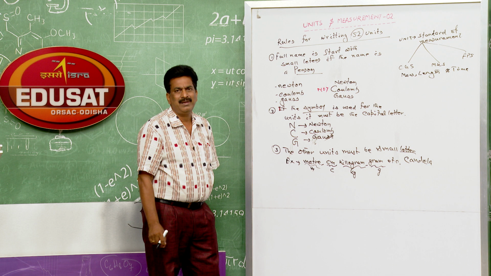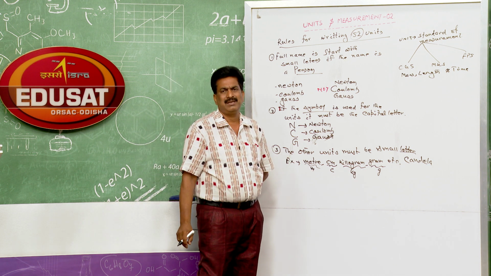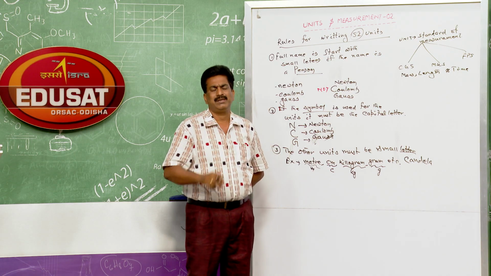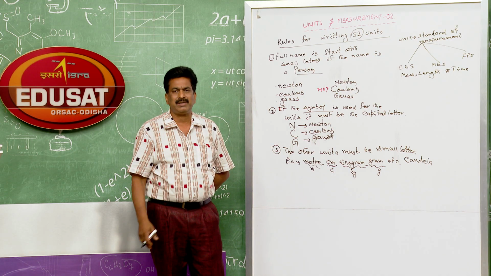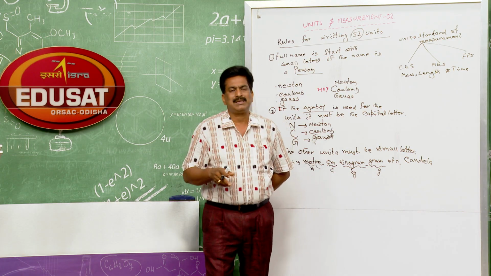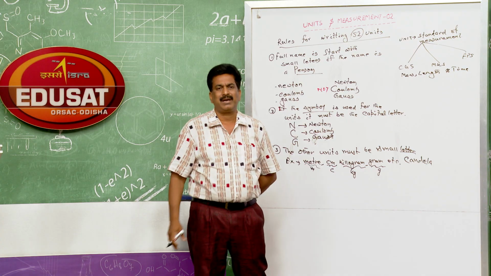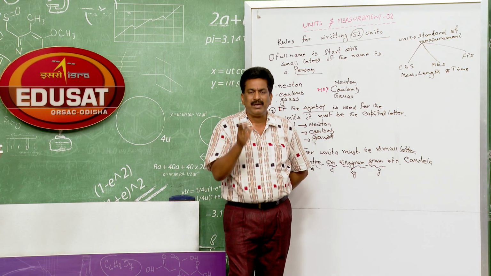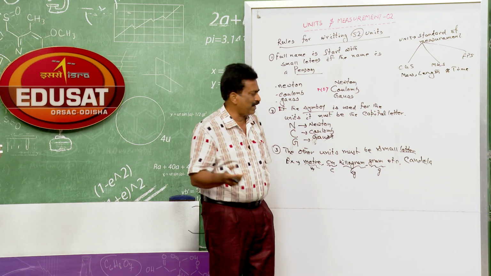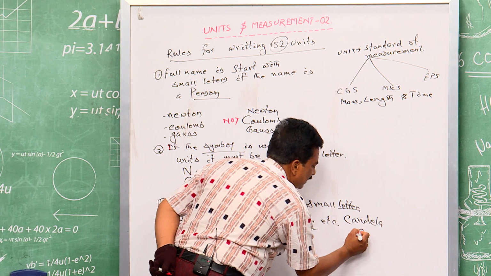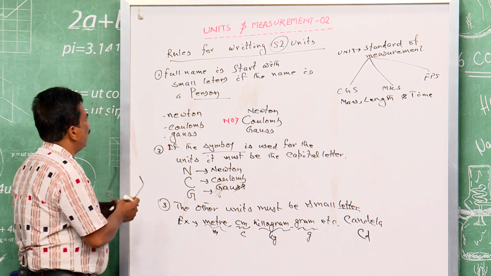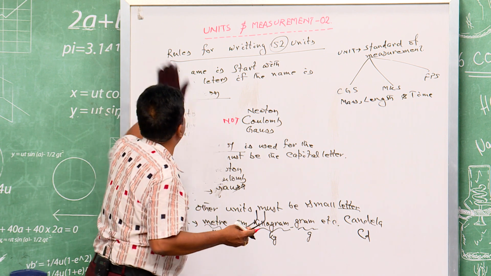What is the candela? If you have gone through the last class, candela is the unit used for luminous intensity. Sir, what is luminous intensity? Suppose you are sitting in your room, so many lights are there, tube lights, LED bulbs, each has its intensity. The intensity of light is measured in a unit called candela, and for that candela it is written as cd. So, these are the three rules. Then the fourth one is